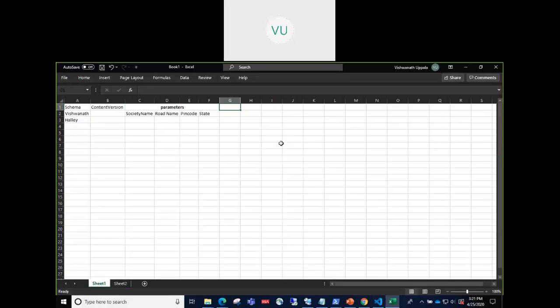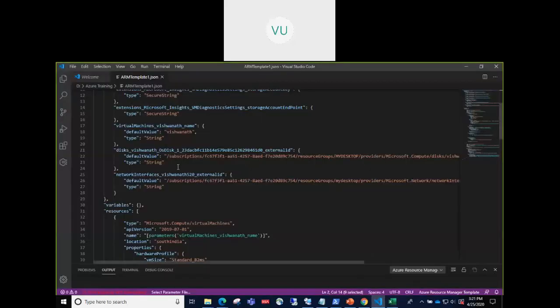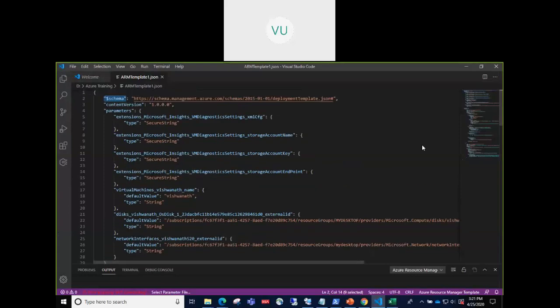Similarly, you will see for variables. If you have any variables, you define them here. And in turn, let's say the state itself, you can divide that into a district, or a municipal location or district, and that also you can do. So this is how the hierarchy, or the structure of your data model, is defined in Excel. The same way, for applications, it is JSON. So you provide this key value pair.